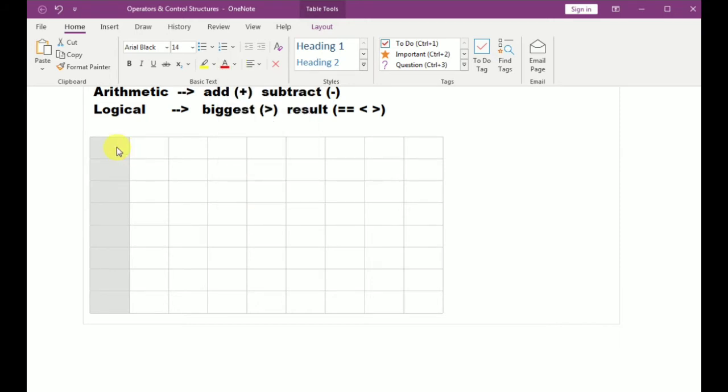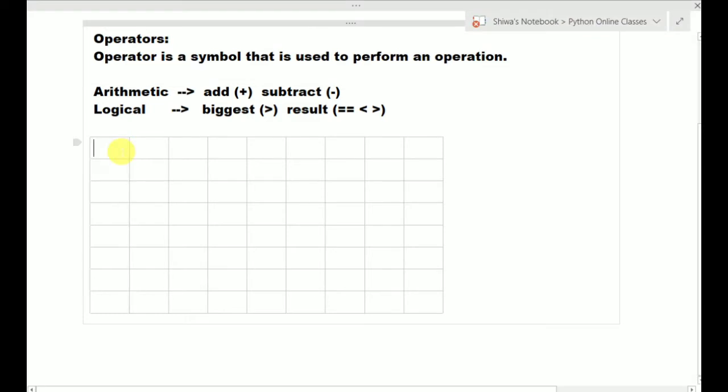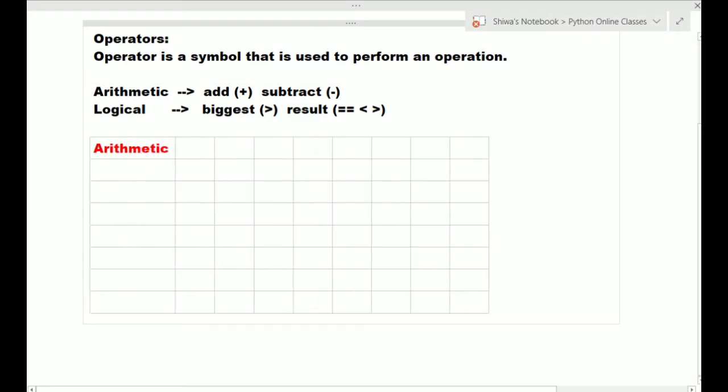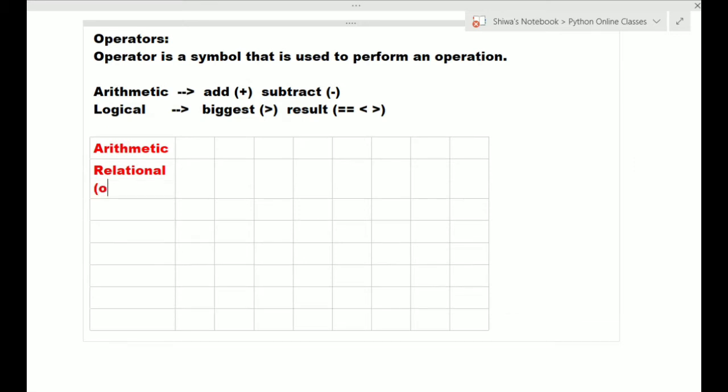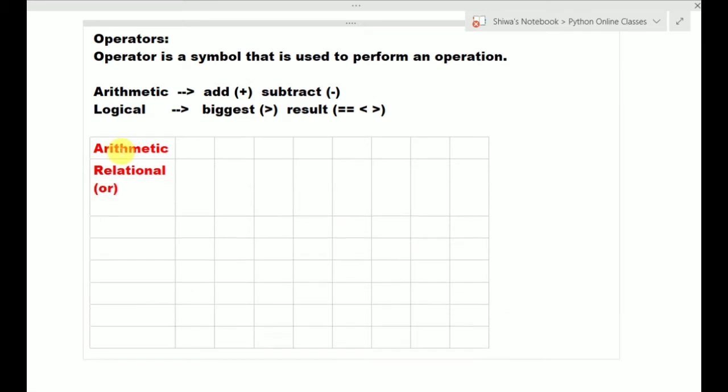Python provides arithmetic operators, and it provides relational operators. Relational operators can also be called comparison operators.